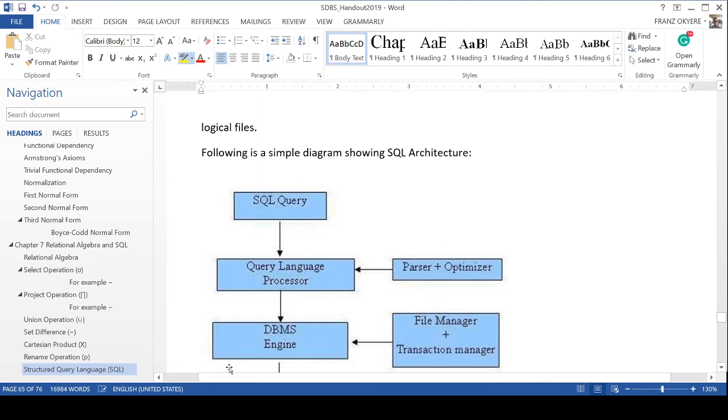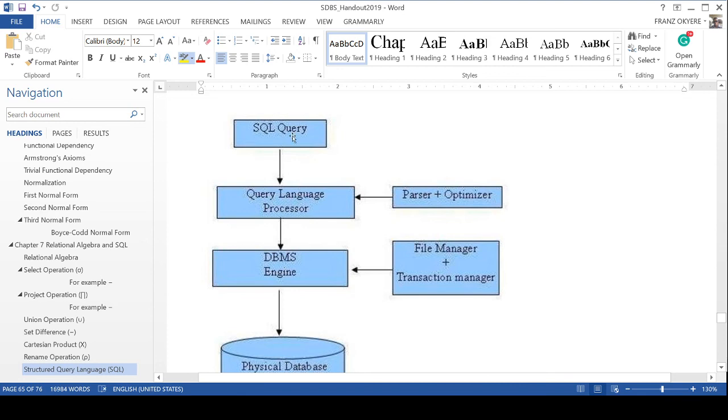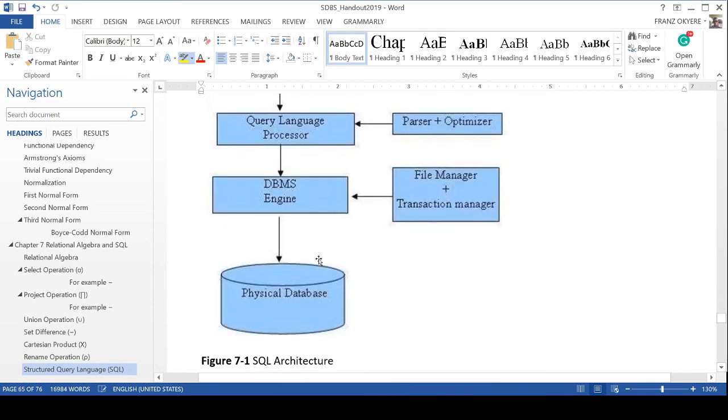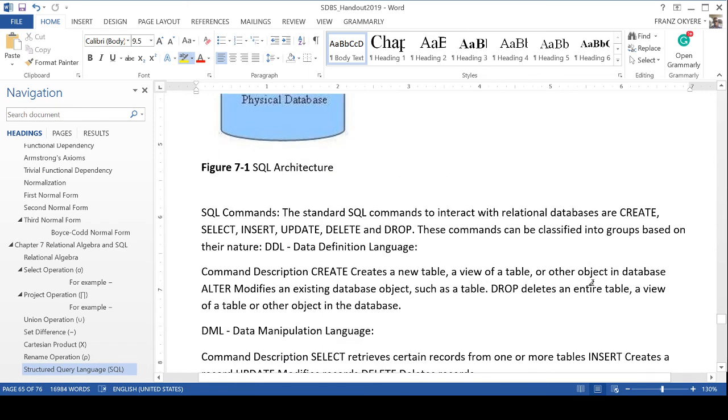Understand that this is how the whole database works. Understand the architecture. This is what we call the architecture of SQL. When you query, this is what happens. There's a query language processor and a database management engine. These are all software components that I'm not really teaching you per se, but you need to know. If I ask you, you should be ready to answer. And the statements are the last one I'll talk about, then I'll say goodbye for today.